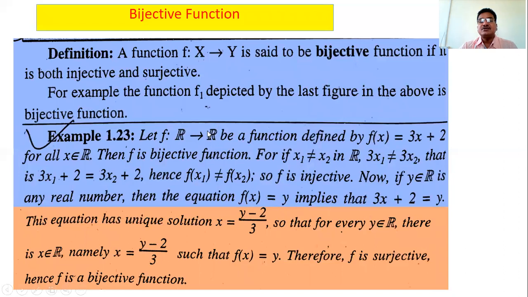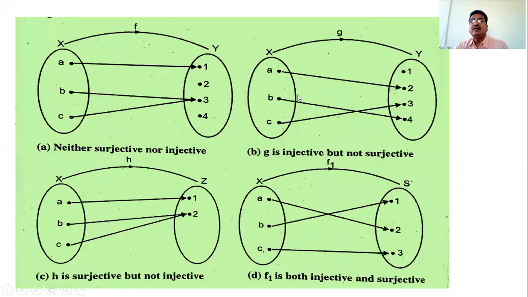If the elements in the codomain are finite or small in number, for example in this example, how many numbers lie in the codomain of this function? There are 4 elements. So how can we check whether this function is surjective or not? By taking the elements of the codomain one by one: take 1 and observe whether it has a pre-image or not. Then take 2, observe whether it has a pre-image or not. Like that, one by one, if the elements are finite in number, we can check the property by taking the elements from that set one by one.